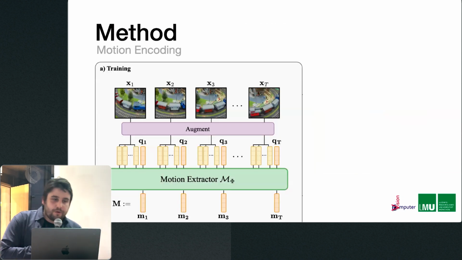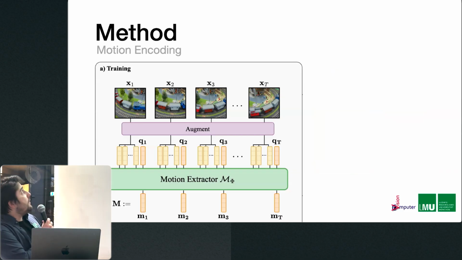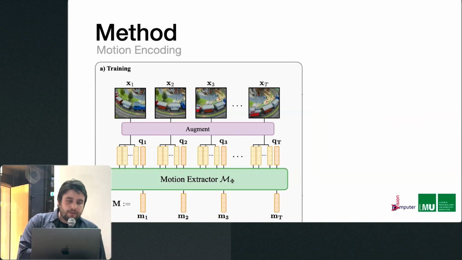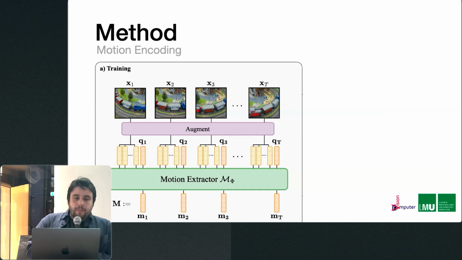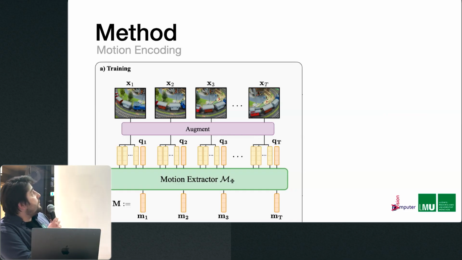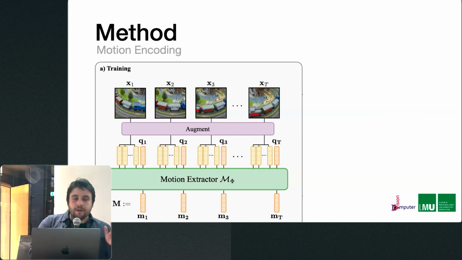So to go into a bit more detail about the method, for the motion encoding part, what we have is the input video at the top, and the motion extractor at the bottom. The first thing we do is apply some geometric and photometric augmentation to the video, and then patchify it and input it to the motion extractor alongside a learnable query embedding. The output then is a stream of motion embeddings, where you have one global motion embedding for each frame